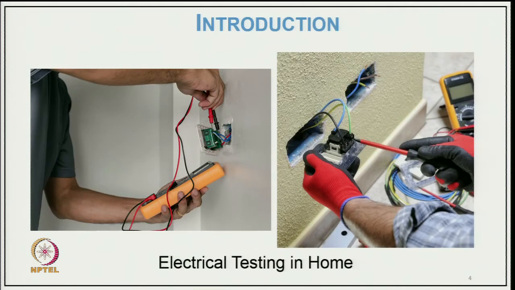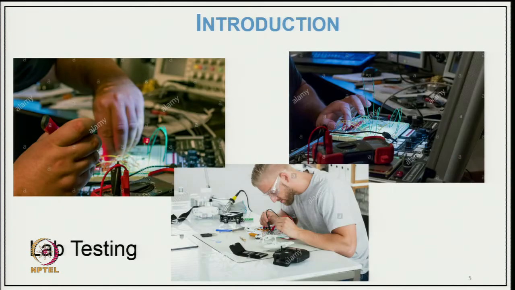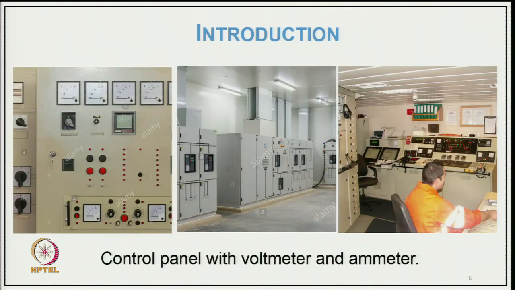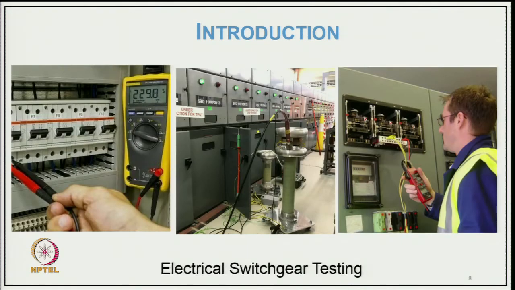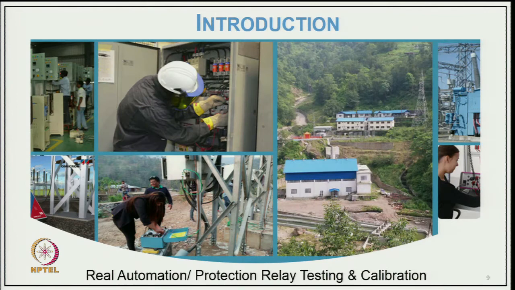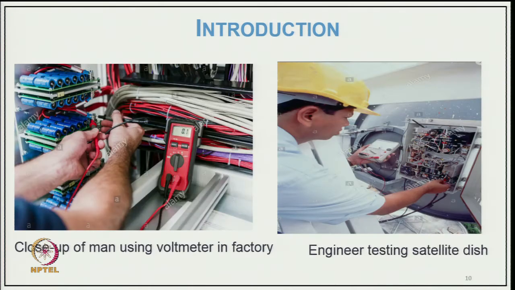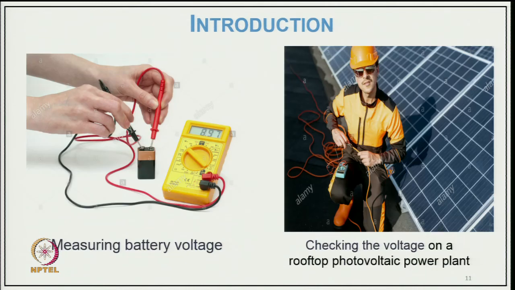Here we have electrical testing in the home, as you could have seen, then lab testing, and of course we require instruments for that purpose: a control panel with voltmeter and ammeter, then the technician testing a contact point on a circuit board with a voltmeter, then electrical switchgear testing, then relay automation and protection relay testing calibration, and a close-up of a man using a voltmeter in a factory, an engineer testing a satellite dish, then measuring battery voltage, then checking the voltage